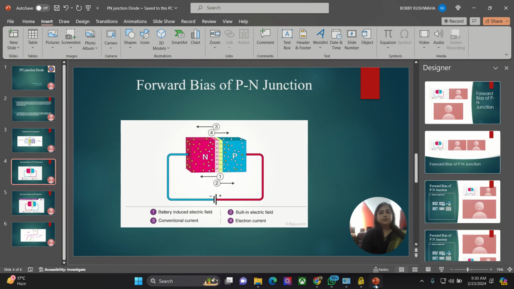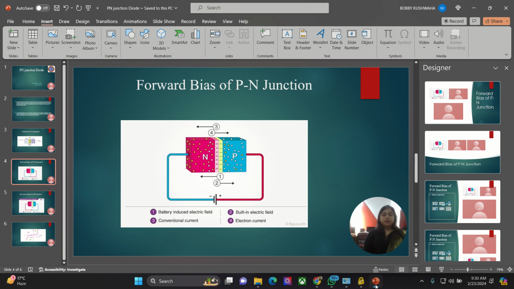Now this is the PN junction diode in forward bias condition. When the PN junction is connected to a circuit such that its P side is connected to the positive terminal of the battery and the N side is connected to the negative terminal of the battery, then the diode is said to be under forward bias condition. The negative terminal, or we can say the negative potential at the N side, forces the electrons to